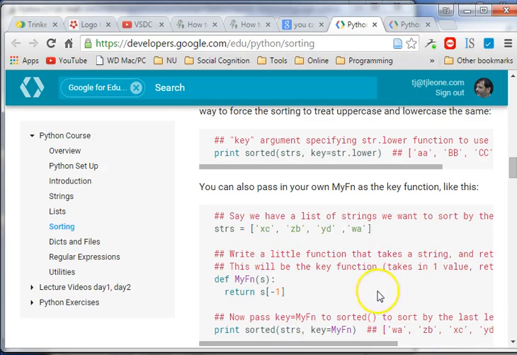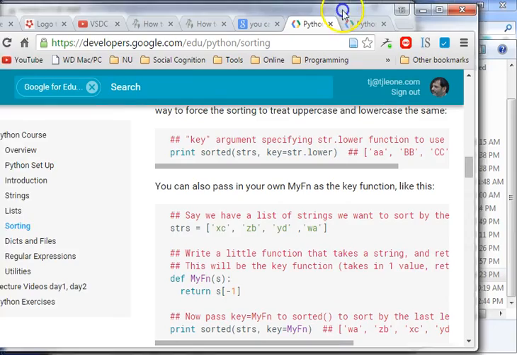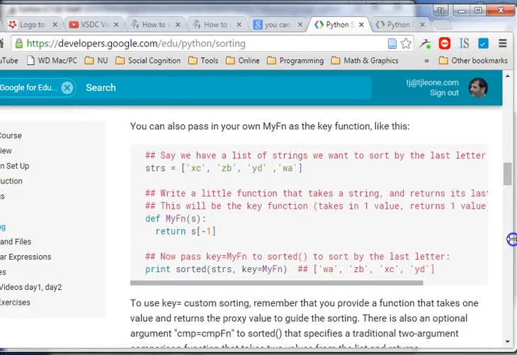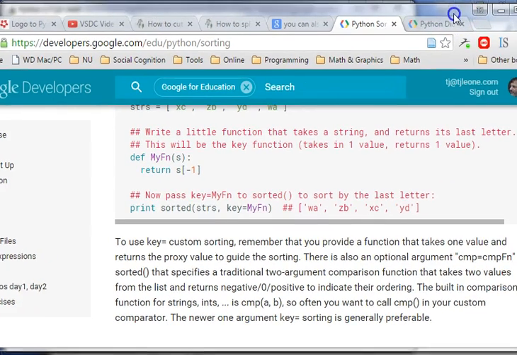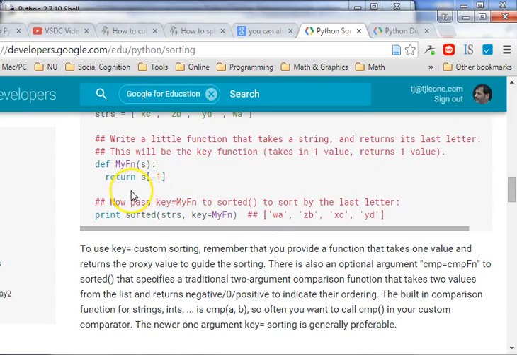Let's write a little function that takes a string and returns what? Returns its last letter. Well, we want to return the last element in the list, but if S was a list, this would be the last element in the list, right? So that's kind of like what we want. So if we could write a little function here, then we could sort our list with our function as the key. So let's write a function